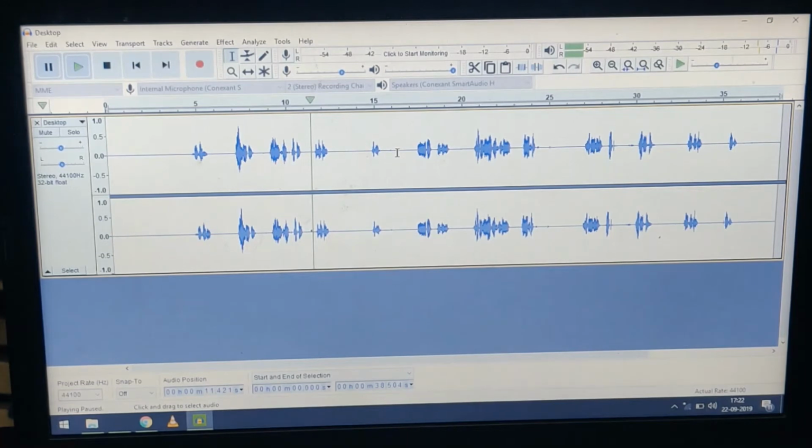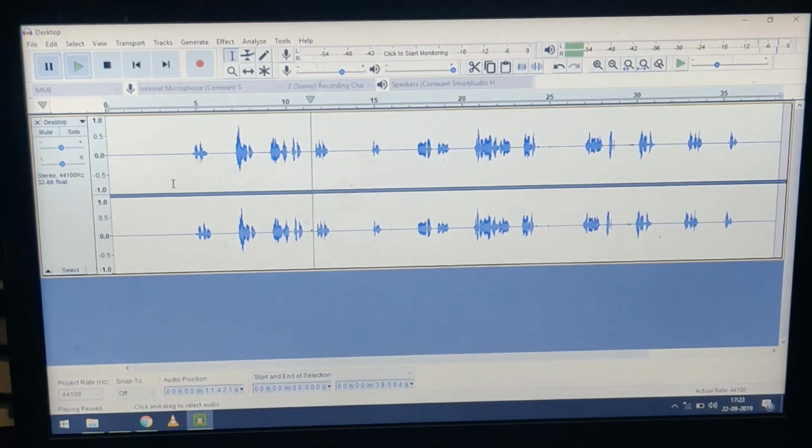Since I haven't talked anything, but this noise matches this area's noise, it's removed completely. When I select all and give the same profile to all audio, it removes the matching profile completely. So this is the simple step we need to use.